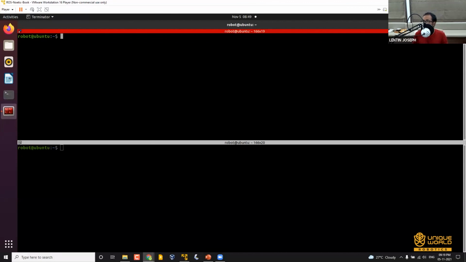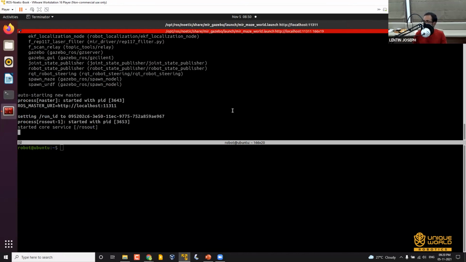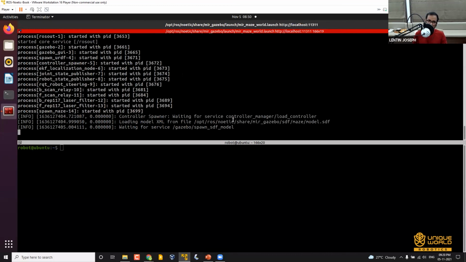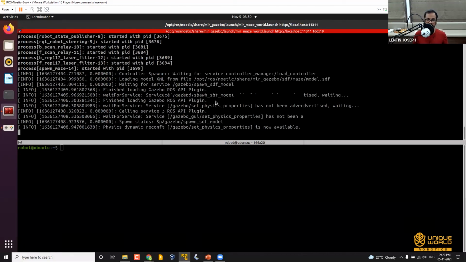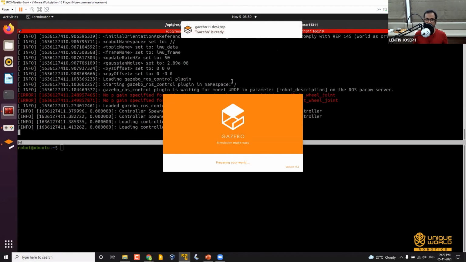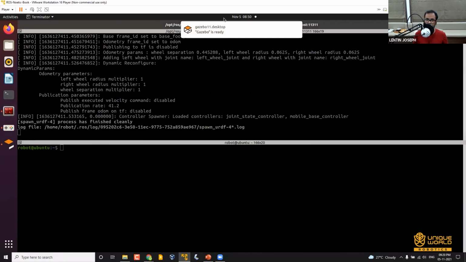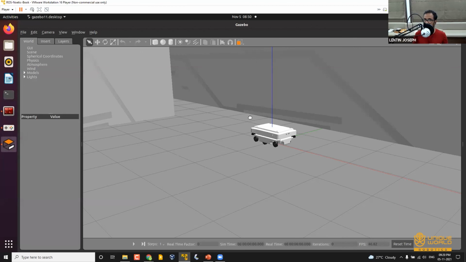Let's start some demos, and in the meantime you can ask questions. I want to show you autonomous navigation. Currently you are seeing the simulator called Gazebo.